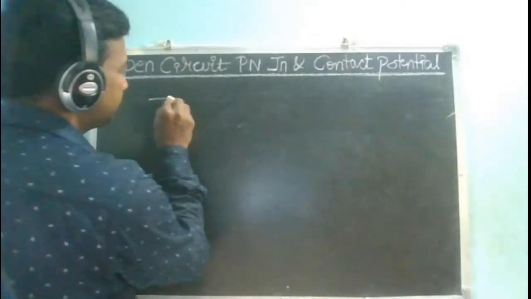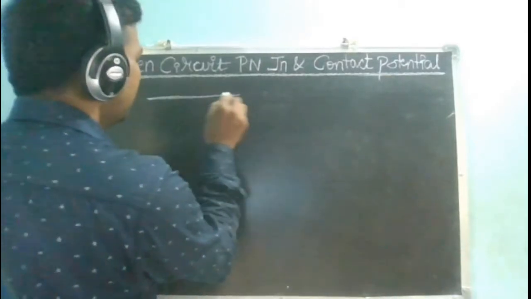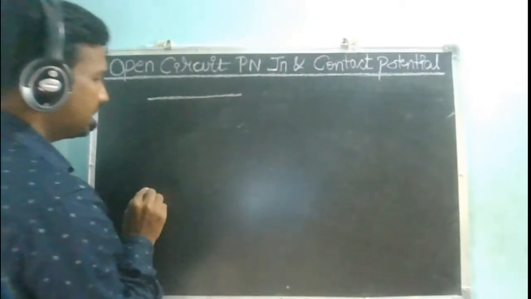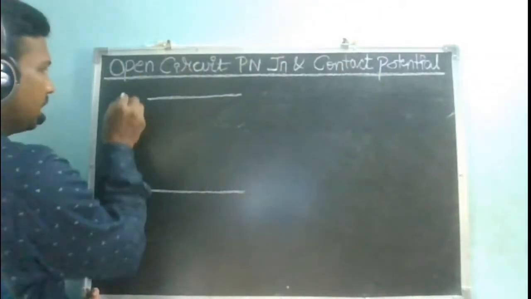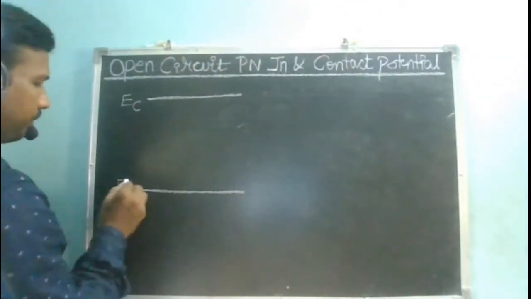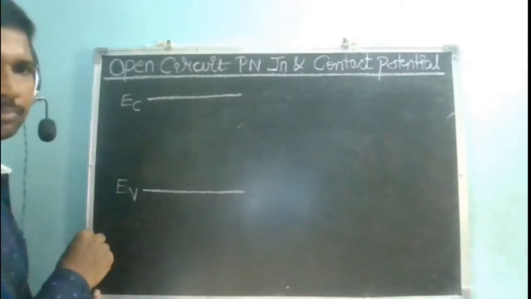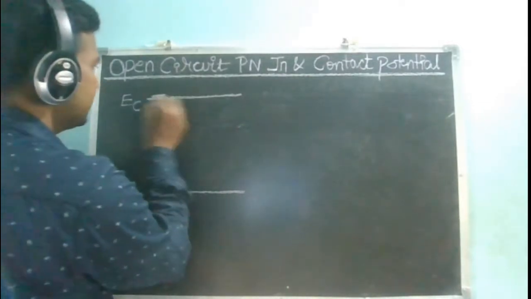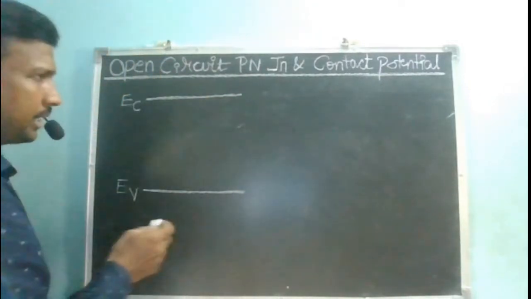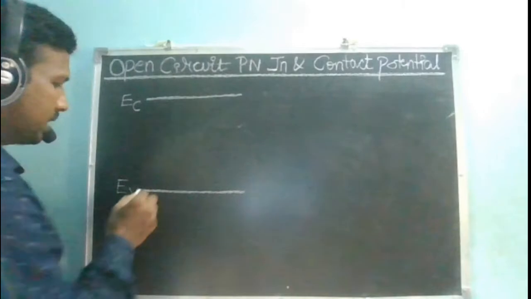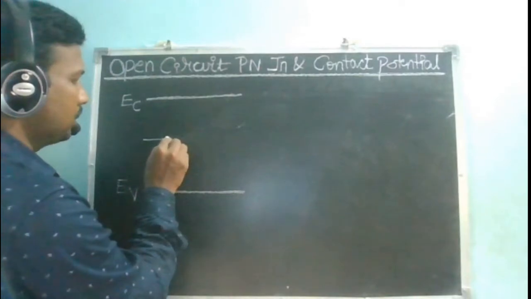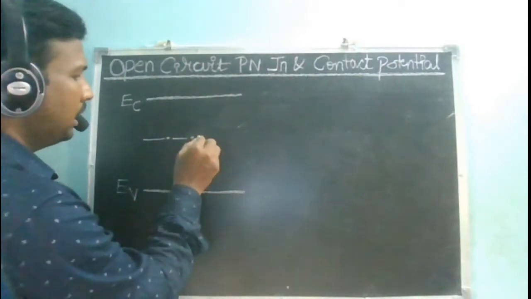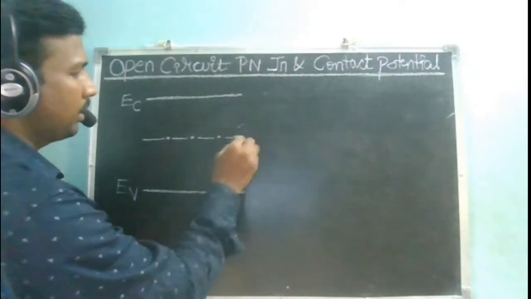So understand carefully that I am having a p-type semiconductor. What is the energy band diagram of a p-type semiconductor? It normally consists of your EC and your EV. What is the difference between EC and EV? EG. Is EG going to vary, or is it a constant for a given material? Constant, sir. For silicon, can you tell what that number is? 1.12 eV at room temperature, and at 0 degrees Kelvin it is 1.21.